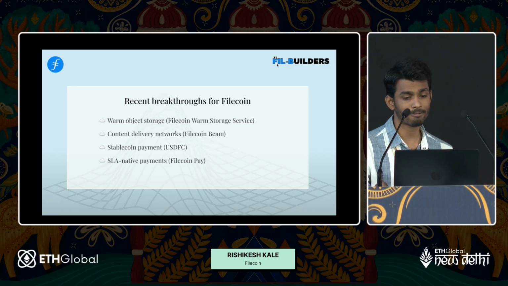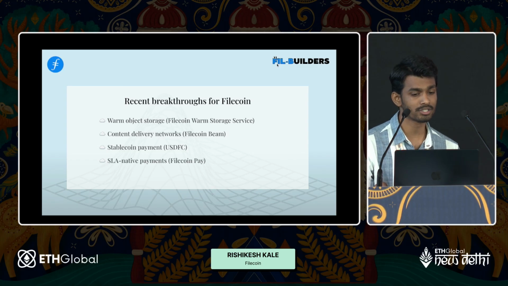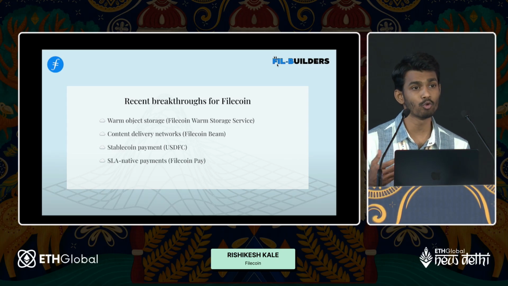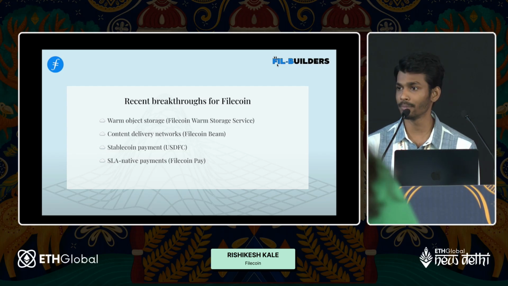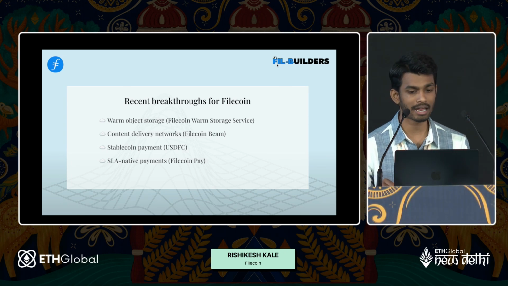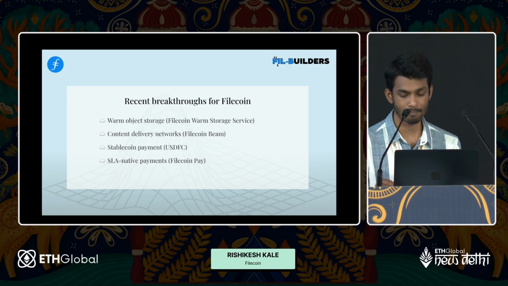I'll show you an example of how data looks when it gets stored onto the Filecoin CDN. As I just mentioned, you can now make payments to store the data on Filecoin using a stablecoin, that is USDFC, and finally you can have native payments as well. It depends upon your use case whether you want the native currency or USDFC. I also recently learned from Lighthouse that they're coming up with some sort of DataCoin, so you might want to look into it and see some integration happening there.